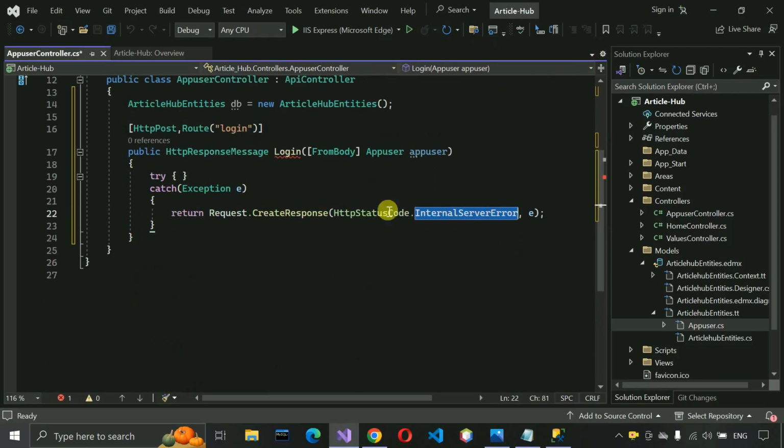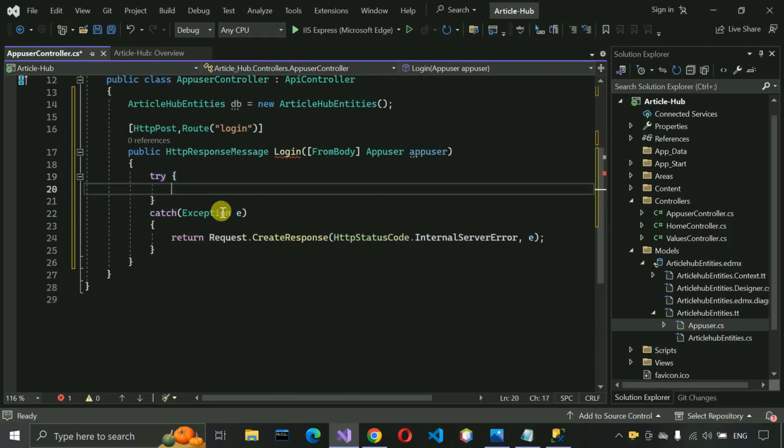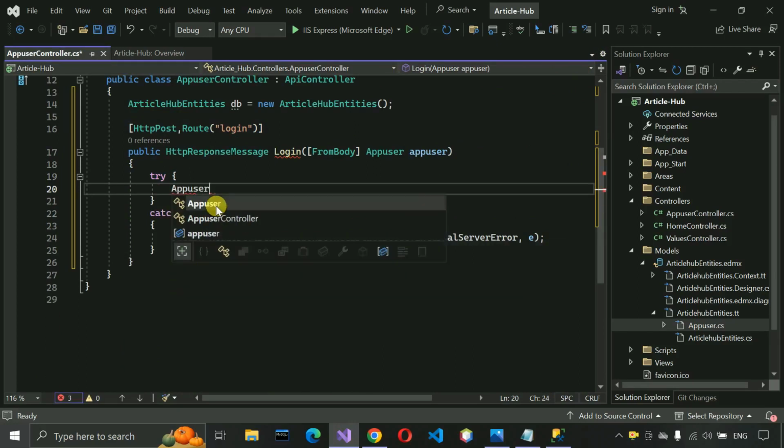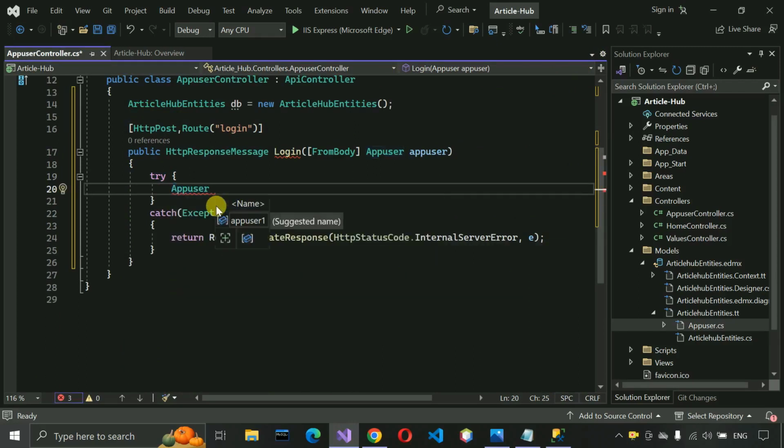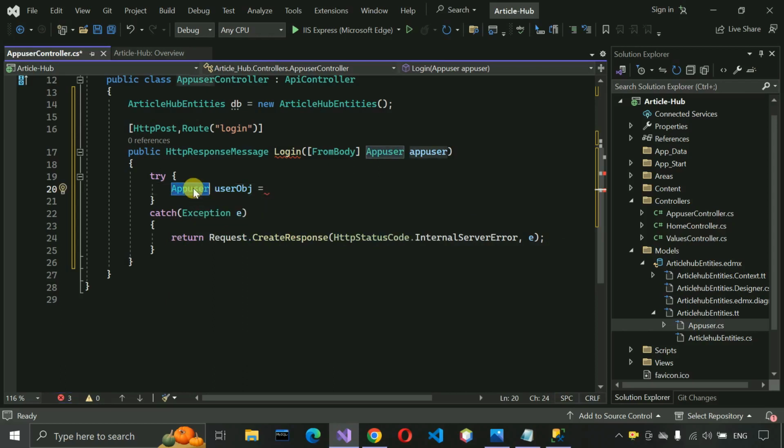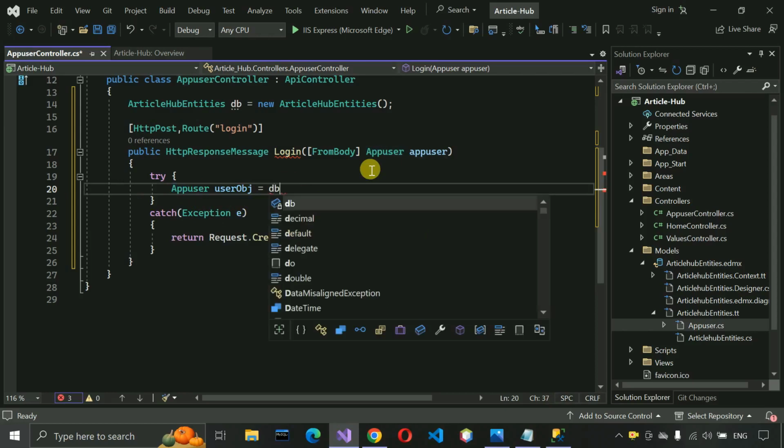So let me close this one and let me write the code in the try block. Here we have to write the app user object. After searching with email address and password, we are going to get it from the database. So for that we are going to create this object, and first we are going to select